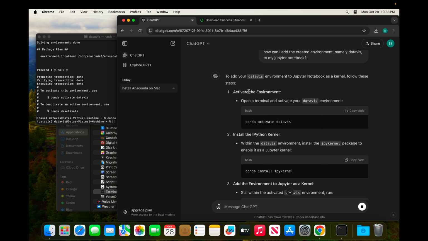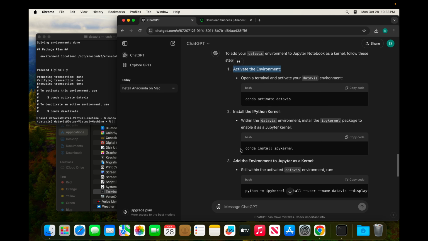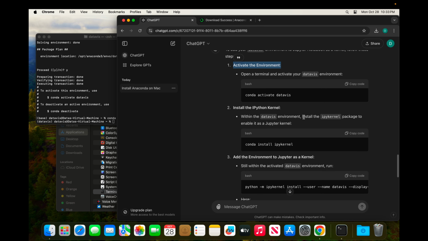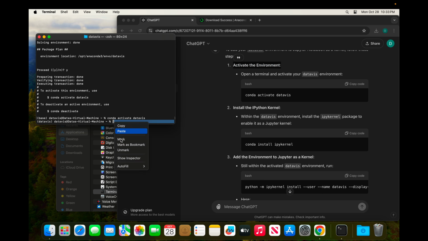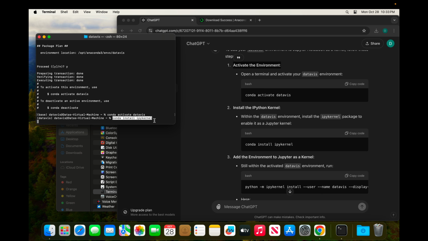Okay, so following the answer, the first step is to activate the environment, which we've already done right here. And within this environment, we need to install the ipykernel package. So if we copy this and paste this in,